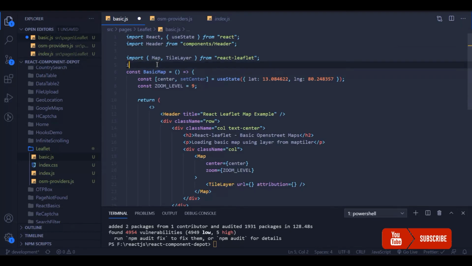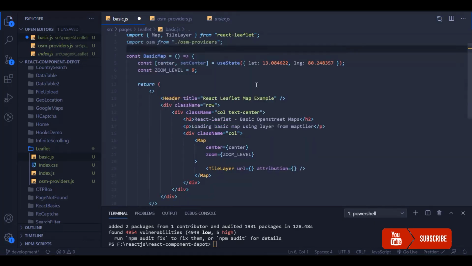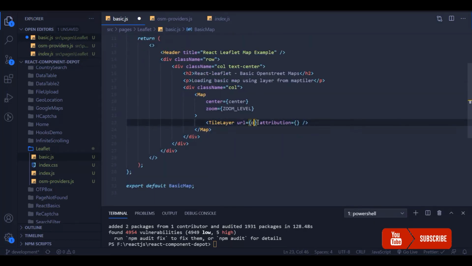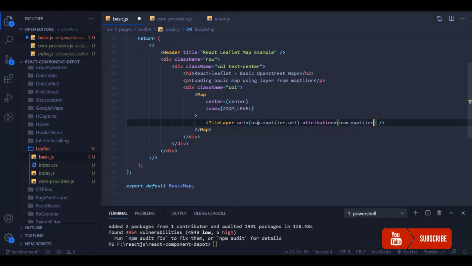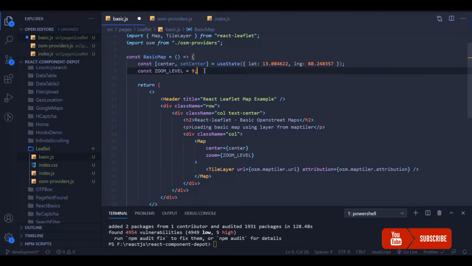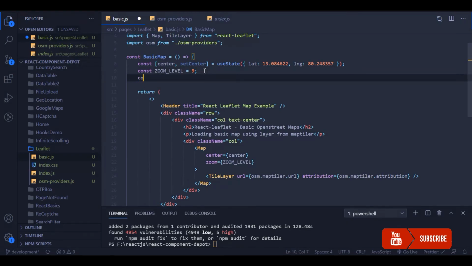Let's import those details, and we'll key in the URL and attribution to the tile layer component. After that we can add a map reference.